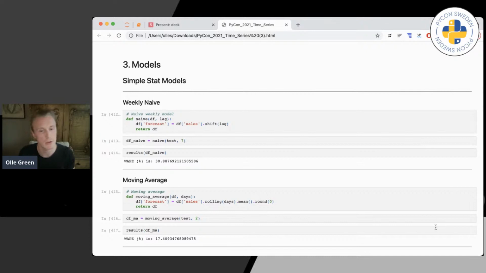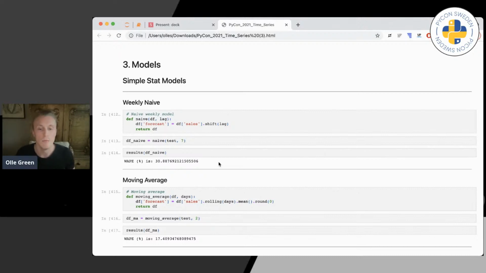Why do we think that this might be a good starting point? Well, coming back to the analyst or the data scientist position, it's like, okay, where do we start to get a good foundational model to use as a benchmark? And we saw that it seemed to be a weekly seasonality. So maybe we can assume that a good starting point is a model that takes last week's demand as the next week's demand. So basically this Monday is supposed to have similar demand to the next Monday. That could be a good starting point to see what the weighted average percentage error, or the WAPE, is. In this case, we run this and we get roughly 30%, or 31% in WAPE.